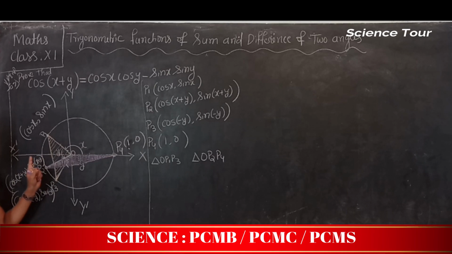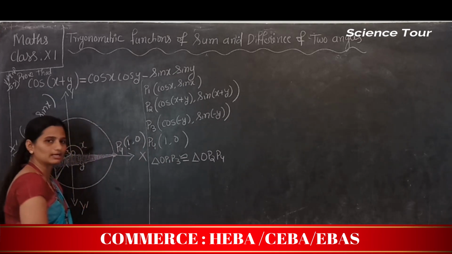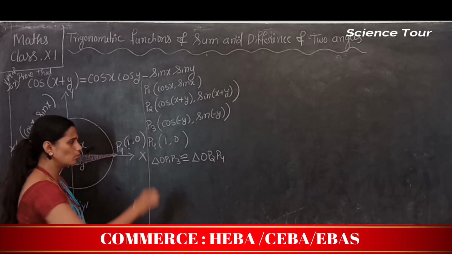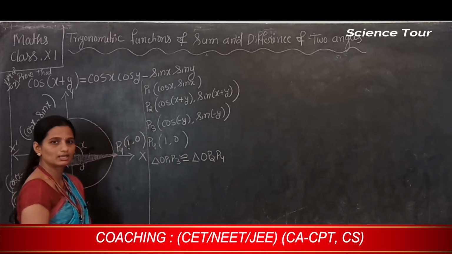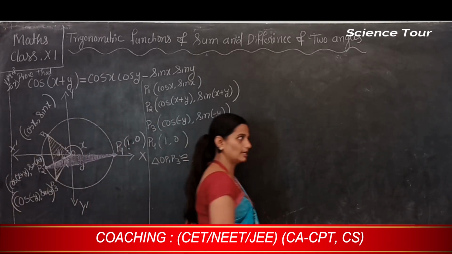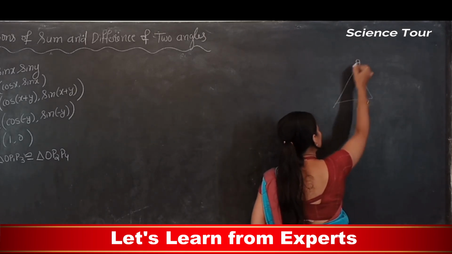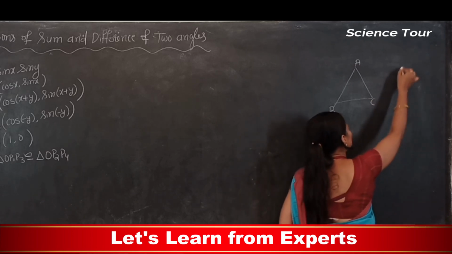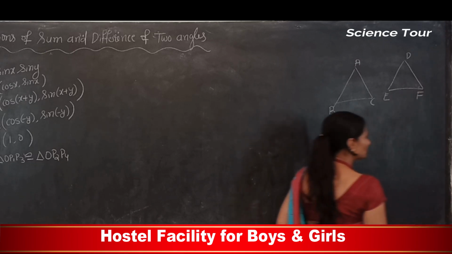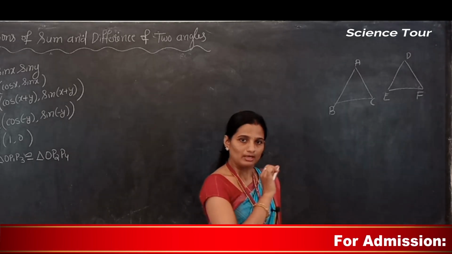So triangles we got. Now next, I am writing these two triangles are congruent triangles. Why are these two triangles congruent triangles? You know the definition of congruent triangles from your previous class, right? So congruent triangles means what? If one triangle is ABC and one more triangle is DEF, that you studied in your previous class, there are 4 criteria or 5 postulates in congruency.